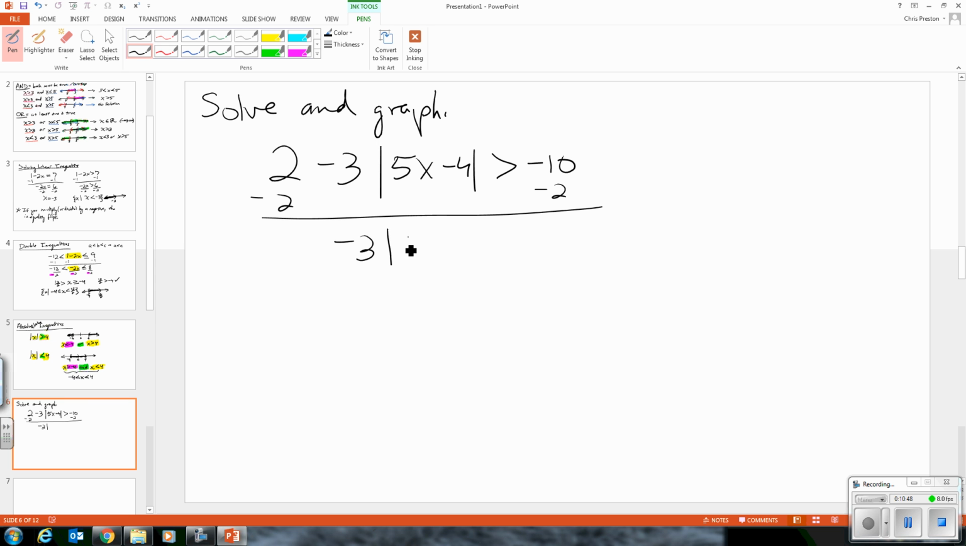Negative 3 times the absolute value of 5x minus 4 is greater than negative 12. Now I want to get rid of this negative 3, so I'm going to divide by negative 3. So the absolute value of 5x minus 4 is now, because I divided by a negative, less than positive 4. So now what I see is, I have my little